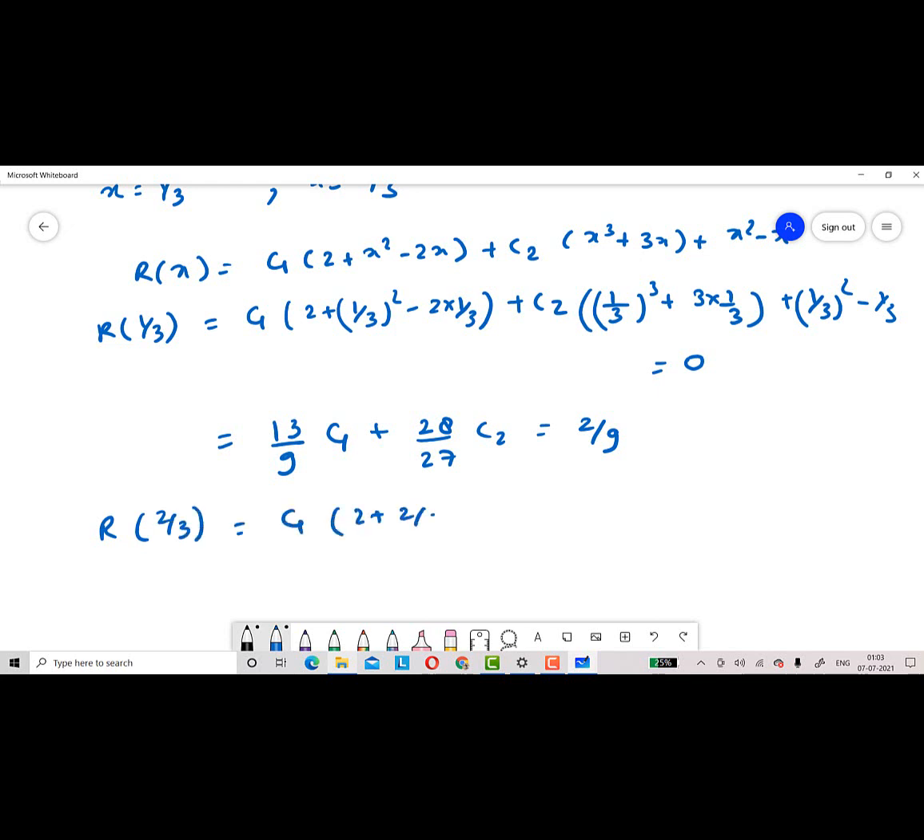Similarly, we will solve for r at 2 by 3: C1 (2 plus (2 by 3) whole square minus 2 into 2 by 3) plus C2 ((2 by 3) whole cube plus 3 into 2 by 3 plus